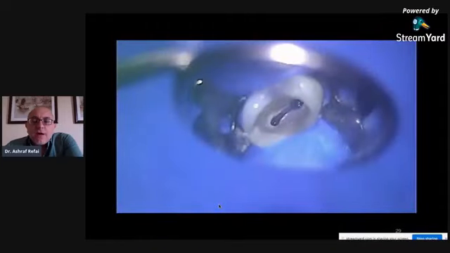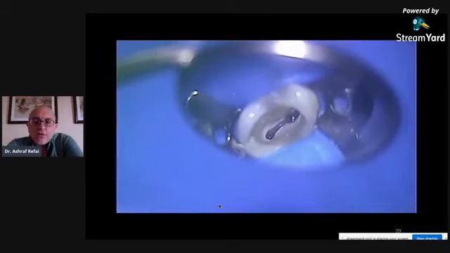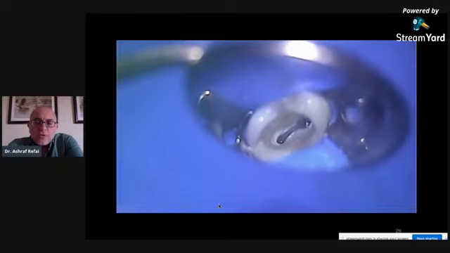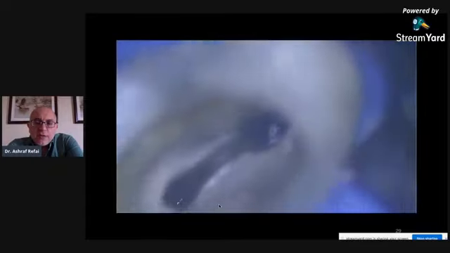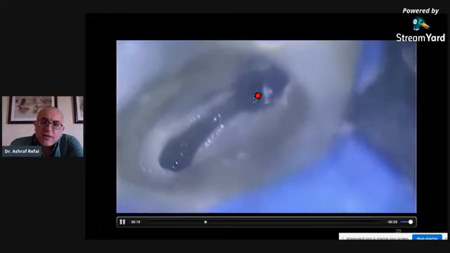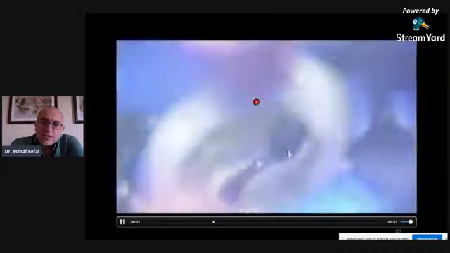Okay, so here you have another case. I'm going to show you the video of a tooth. There you go. This was an upper premolar, which a doctor referred to me with an instrument fracture in the buccal canal. And you can see that after some effort, I managed to bypass that instrument. You can see the space between the instrument and the canal wall. And here you can see an instrument inserted in this space. That's a size 25. So I actually managed to enlarge the canal to a size 25.